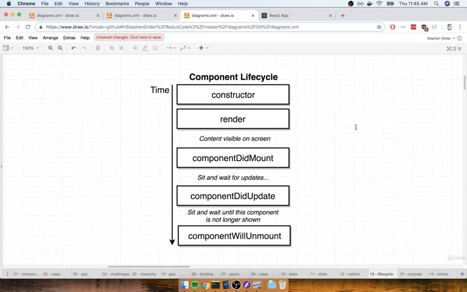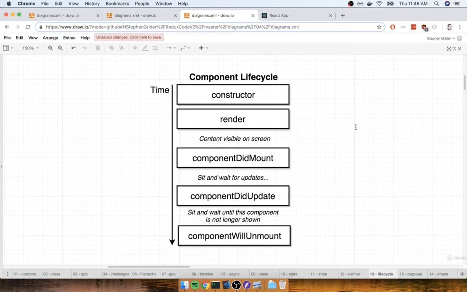All right. So a component lifecycle method is a function that we can optionally define inside of our class-based components. If we decide to implement these methods, they will be called automatically by React at certain points during a component's lifecycle. And when I use the term lifecycle, I'm referring to the fact that a component is going to be created and then show up in the DOM or show up on the screen of our browser.